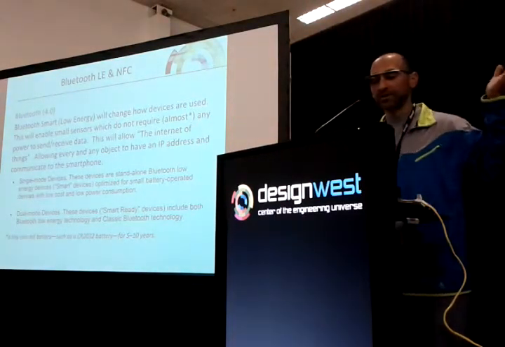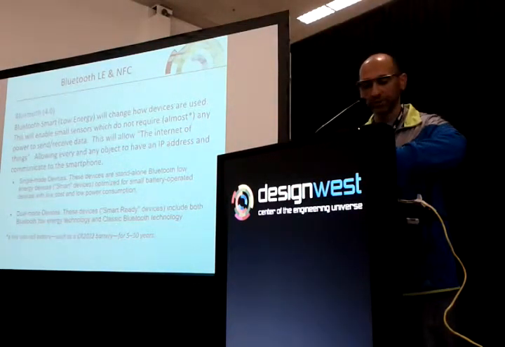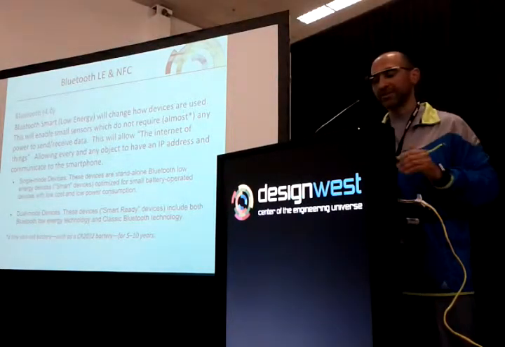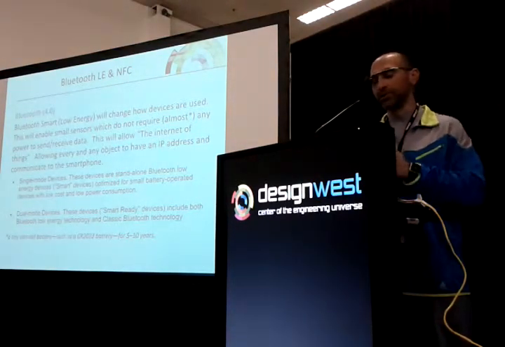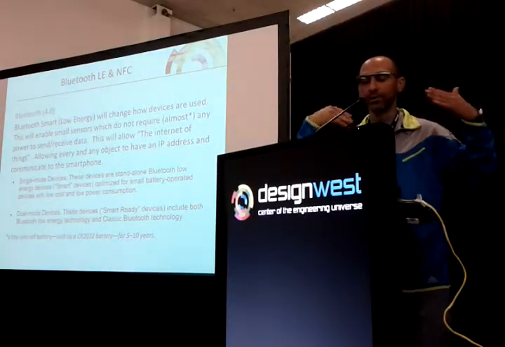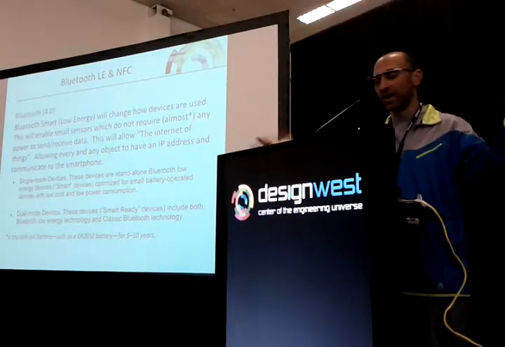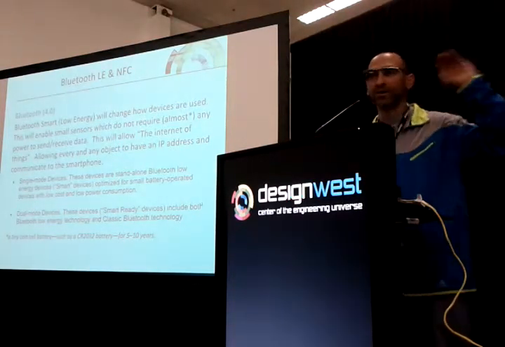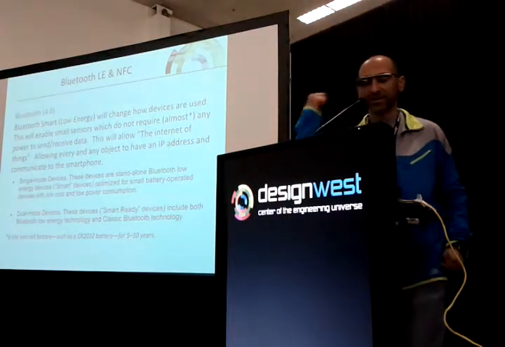Now, when people talk about Bluetooth Smart, they're talking about a subclass of Bluetooth 4.0. And this subclass of Bluetooth 4.0 has two modes. It has single mode and dual mode. When people talk about smart Bluetooth, they're actually talking about a whole new technology. So when we put classical Bluetooth in with smart Bluetooth, then we have a dual mode device. And they call these things smart ready. So if someone's talking about a smart ready device, they're talking about their cell phone, or their computer, which has the classical Bluetooth, and now has the smart Bluetooth.